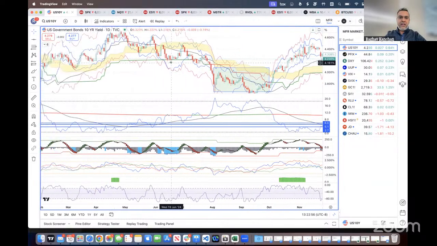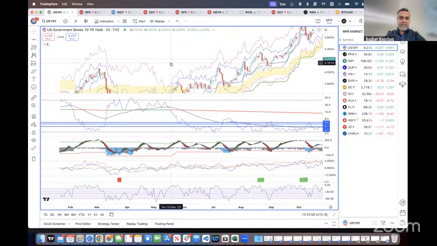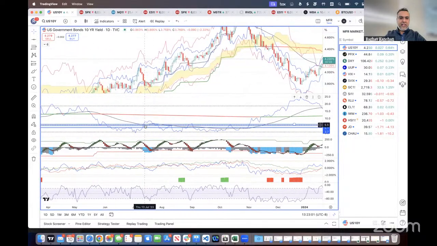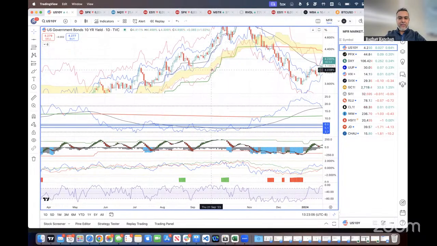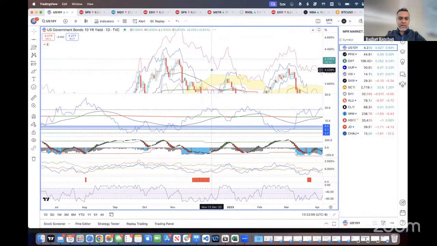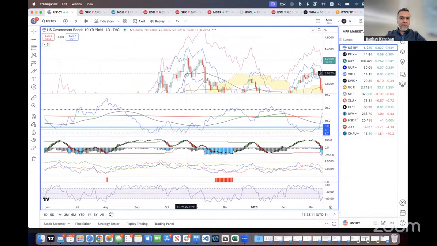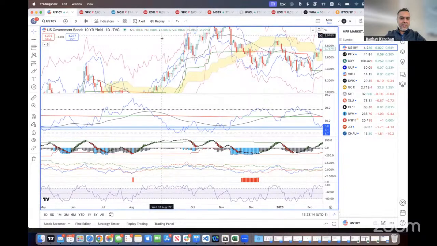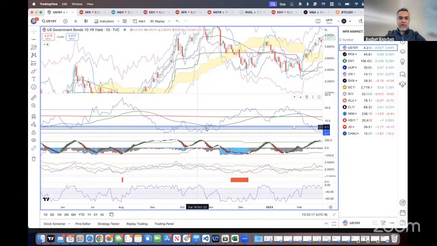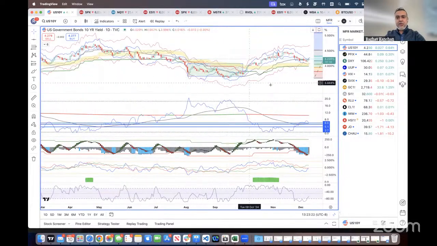Or if we do a back test against, let's say 2023, it keeps on getting sold off for a long time and the rates just keep on going up. We saw something similar in 2022 as well, where the rates just kept on going up and up and up, and the volatility trend stayed low. So the question is, are we in the middle of a regime change? Is the volatility going to stay low, or is it going to bounce back? And that will answer quite a bit of our questions.